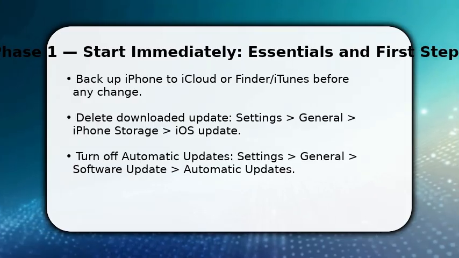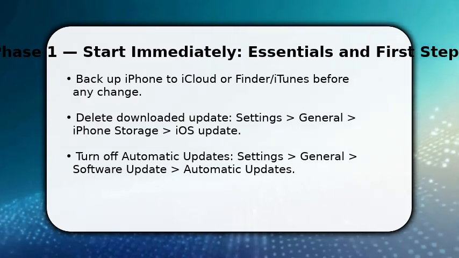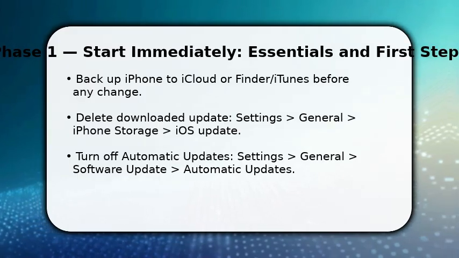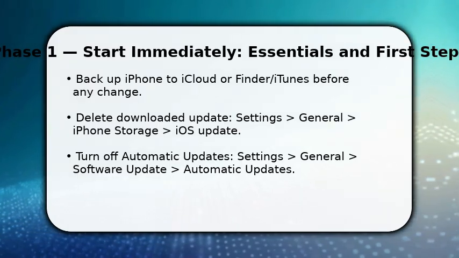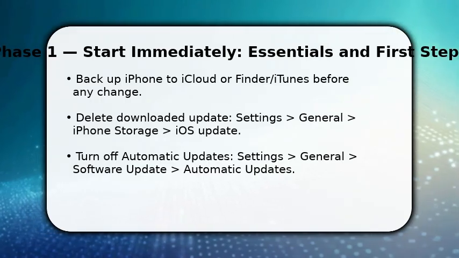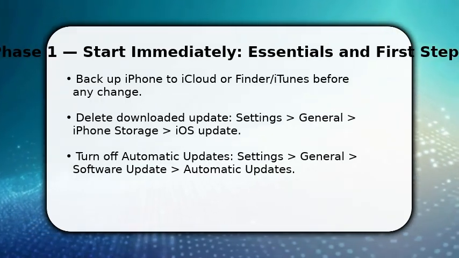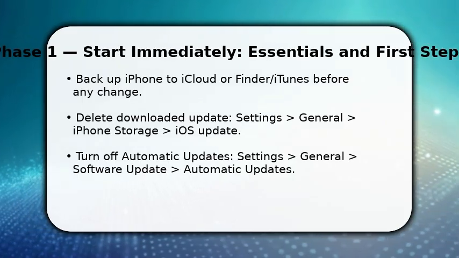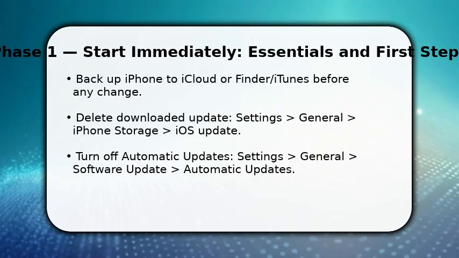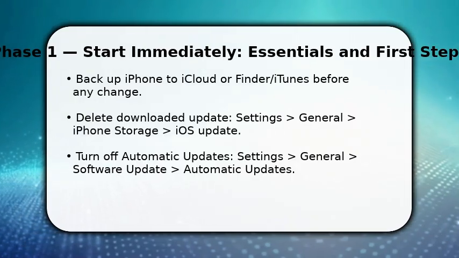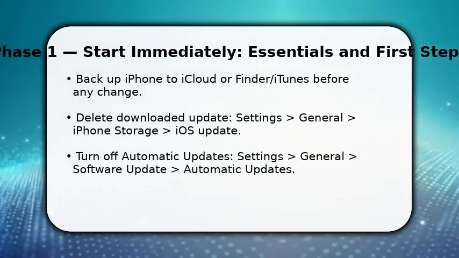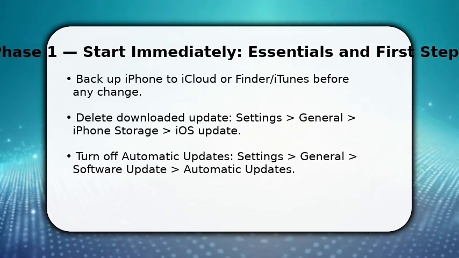You begin by protecting your data, so back up now to iCloud or to your computer. This preserves apps and settings if you need to restore. Once backed up, remove the downloaded installer. Open Settings, General, iPhone Storage, find the iOS update and delete it. Then make sure to disable automatic updates so the installer won't re-download. These steps stop Apple's file from reappearing and give you time to choose whether to reinstall or pursue a version